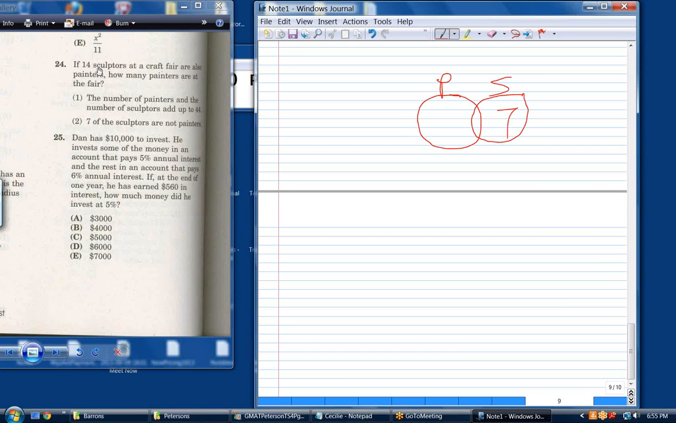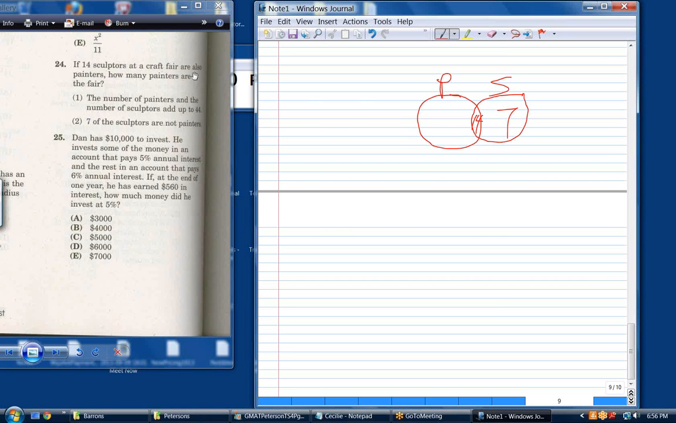Well, there's 14 sculptors at the craft fair, so how many must be in this part right there? No, doesn't it say that there are 14 sculptors who are also painters? You're right. So 14 goes there. Yes, you're correct. Okay, so taking into account statement number 2 only, along with the stem, gives us this picture,